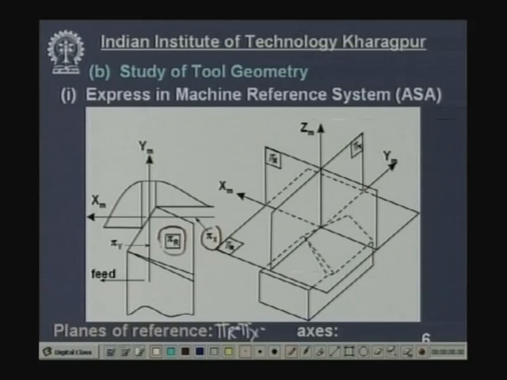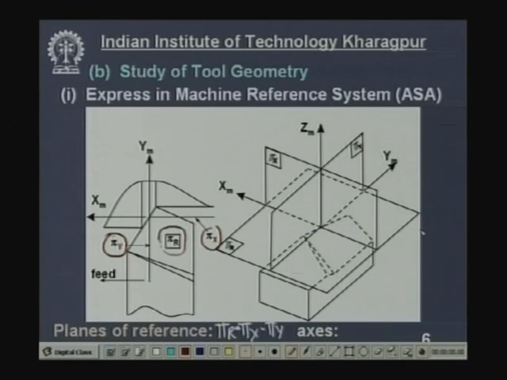Now, another plane is perpendicular to pi r as well as pi x. This is taken in the direction perpendicular to the longitudinal feed, or in the direction of cross feed, and it is perpendicular to pi x as well as the pi r reference plane. So, this is also a vertical plane, and it is called the machine transverse plane. Now, this can be visualized in a 3D picture.